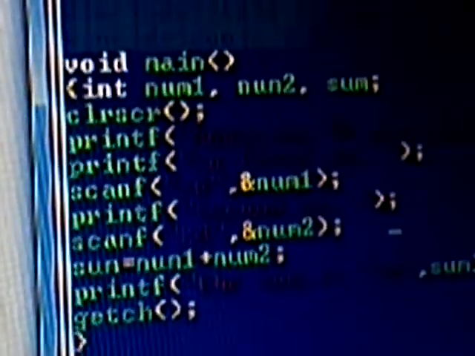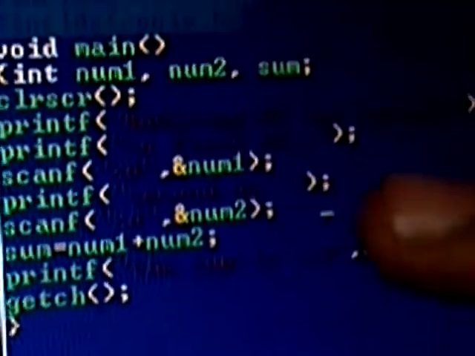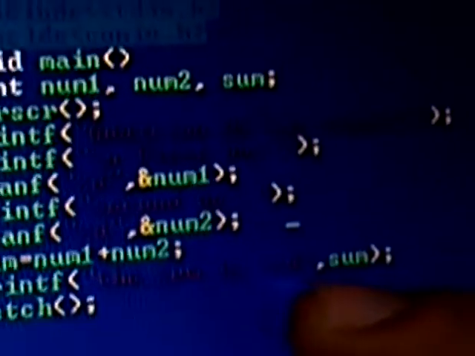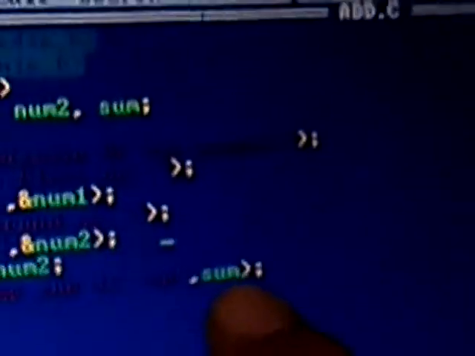Now the next step is we print the result. So the sum is %d. Except %d, the rest of the text is printed as it is, and for %d we will print sum. Now the program has been completed. We are executing it.